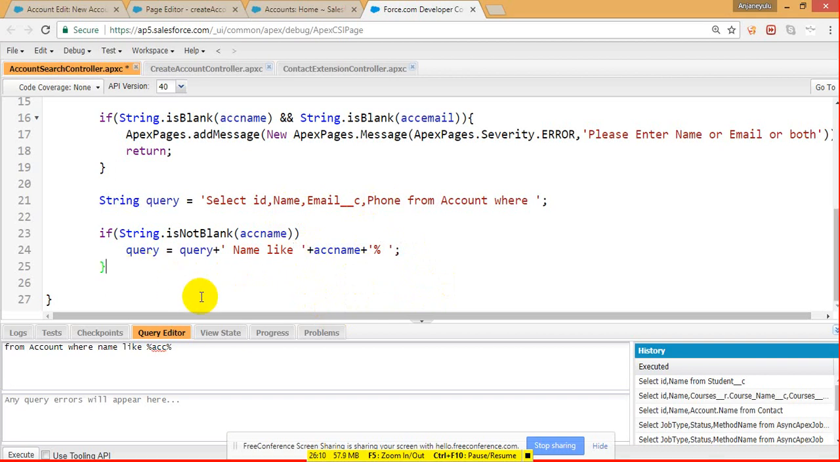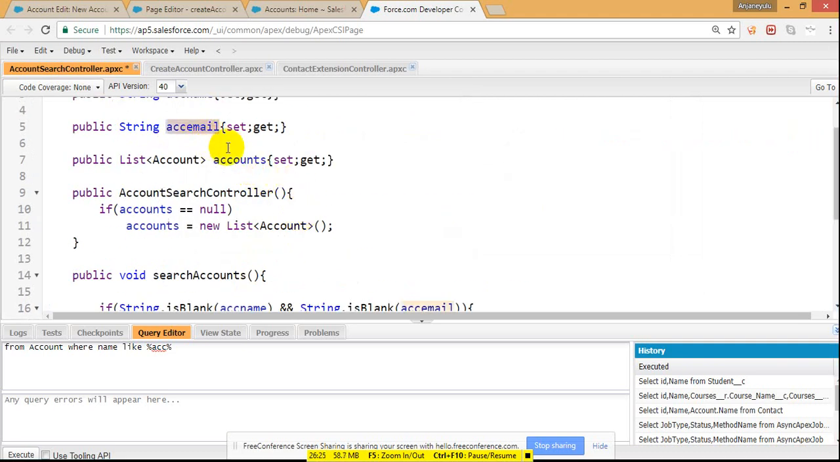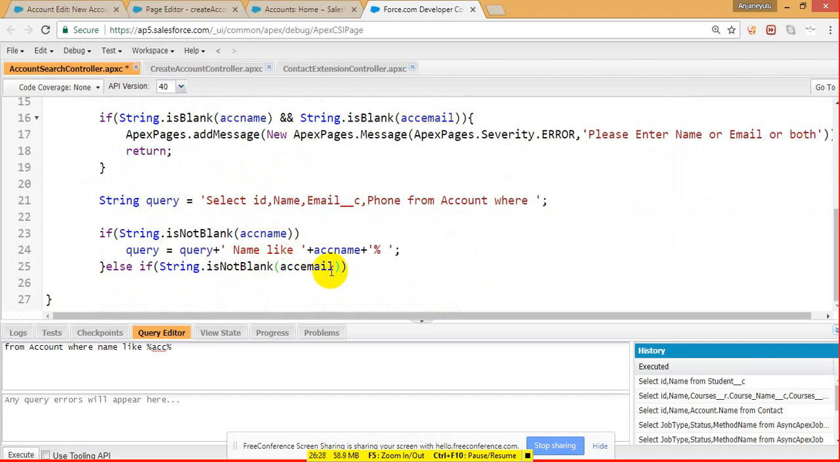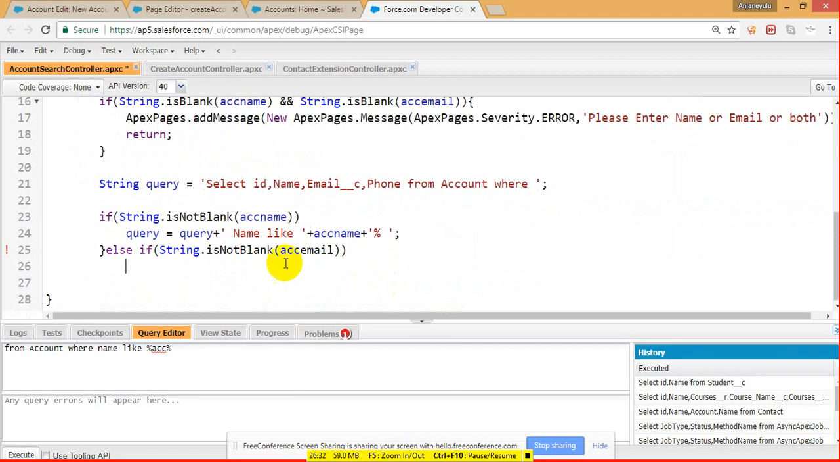And again, else if string is not blank of email. Okay, it means they have not entered ACC name, but they entered ACC email. So we are using like this. Okay, this is forming the query. So else if, and before that what we have to do is